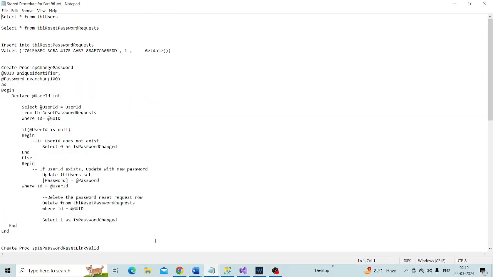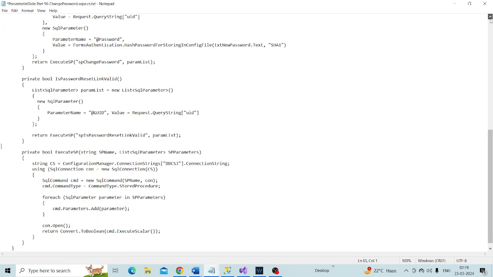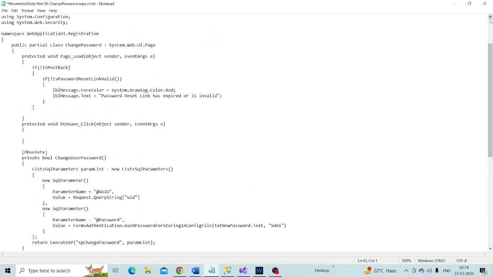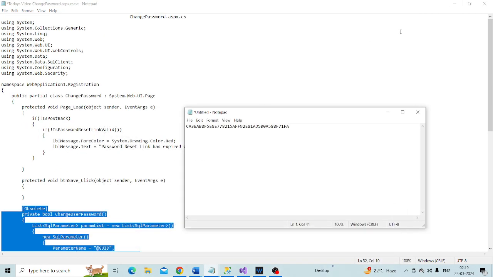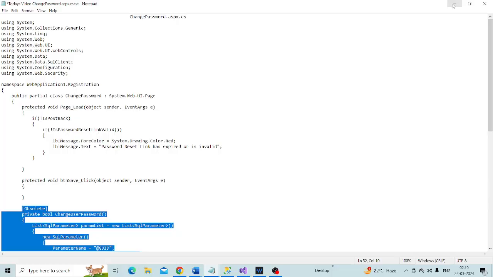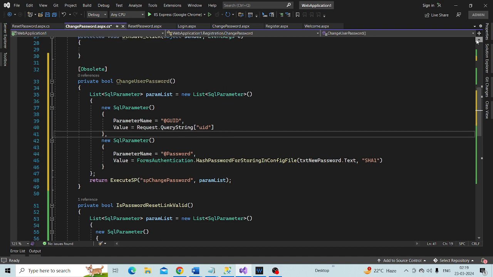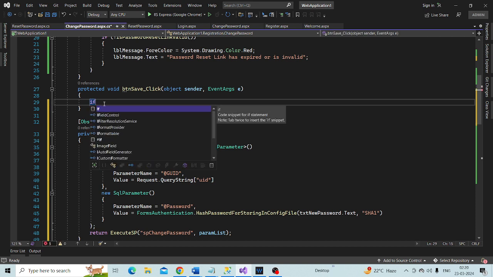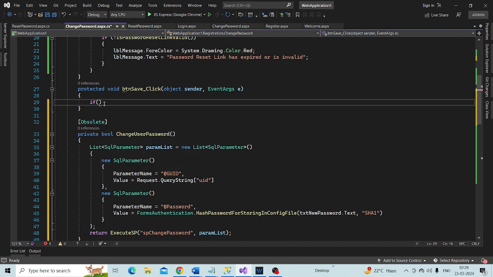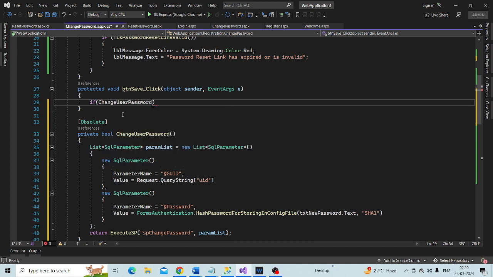Here is the button save coding. So in this button click event, we write this code. I'm typing it here. If change user password,